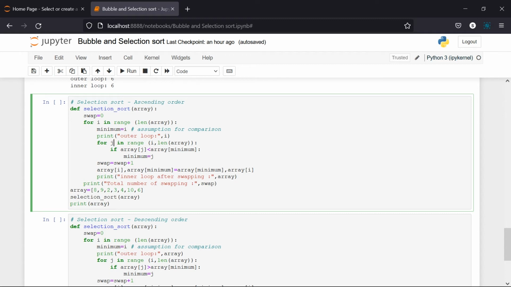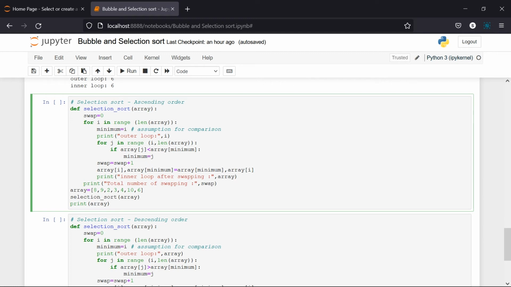And after that, I am declaring the inner loop. So the inner loop is from i to length of array, right? So the if condition I am going to put in, why? The array of j is starting from the next element, right? Leaving the first element, it is going to start from the next element. With that next element, it is going to compare with the minimum value. The minimum value initially is 1, after that it is going to be 2, after that 3, after that 4. So like this, it is going to update itself.